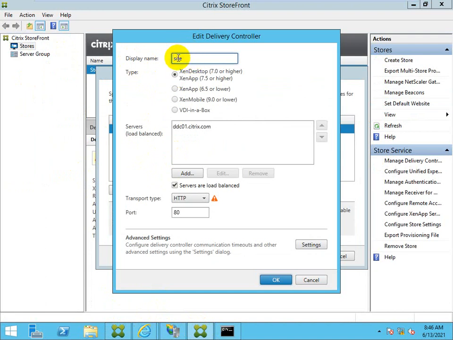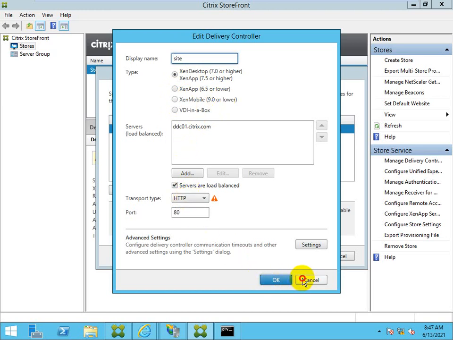If it's a Citrix site, you need to put Citrix site here, and the delivery controller is supported for Citrix XenDesktop and XenApp 7.5 or 7.0 or higher. XenApp 6.5 or lower means it can be used for XenApp and XenDesktop as well as for XenApp 6.5. VDI-in-a-Box is another application. XenMobile is another application from Citrix.